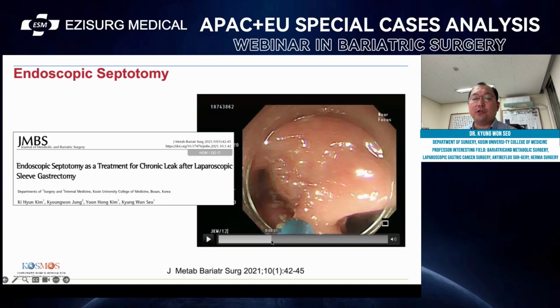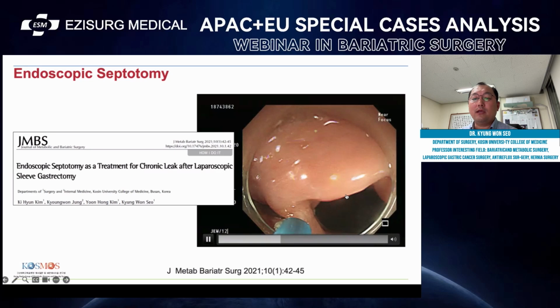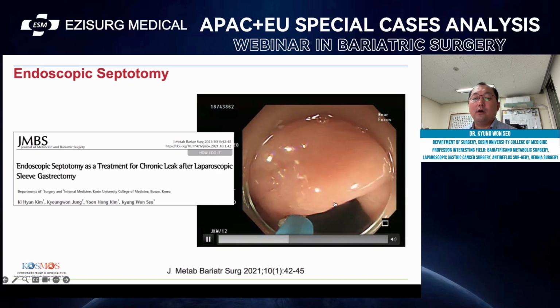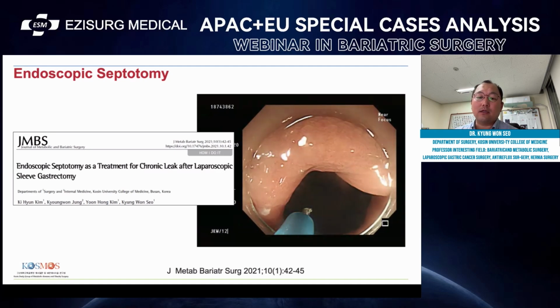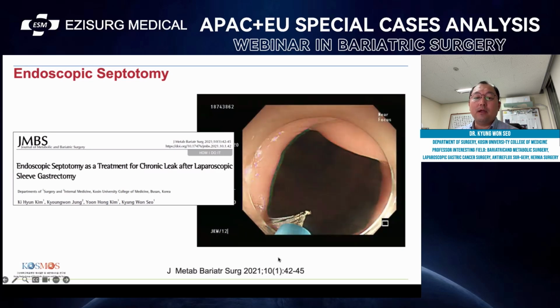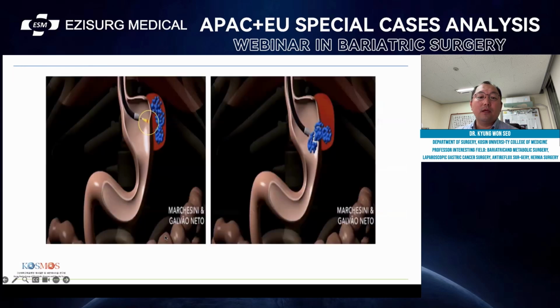This procedure is cutting between the abscess cavity and the gastric lumen, and we open one space in the gastric specimen. This is a very simple and not complex procedure, and this is the concept of